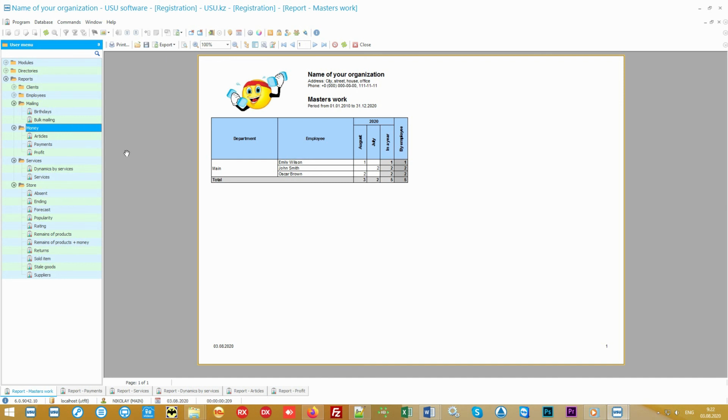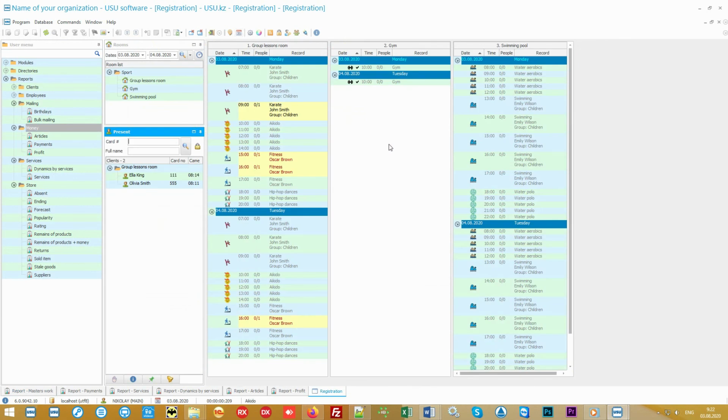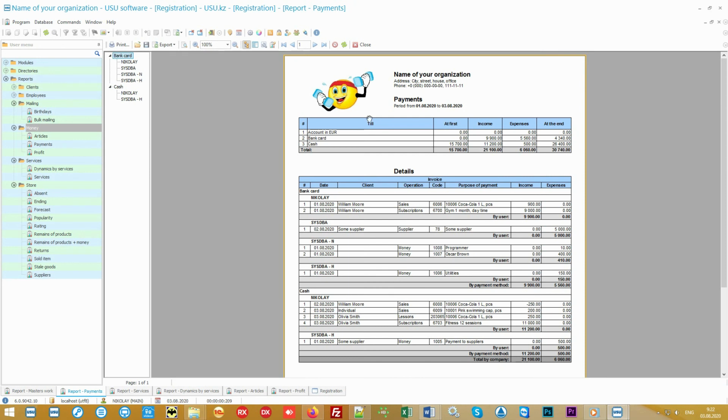Money needs a count, and every organization needs to count it. At the beginning of the video, we performed the usual work with the client. We recorded them and marked their arrival to the lesson. And this was already enough to form many different financial statements. The main one is the payment report. Using it in real time, you can view balances at any cash desk and bank account, see the total turnover on the income and expenditure of funds.